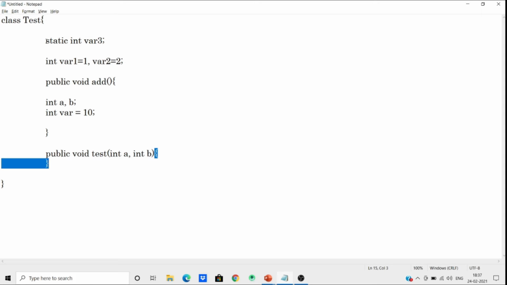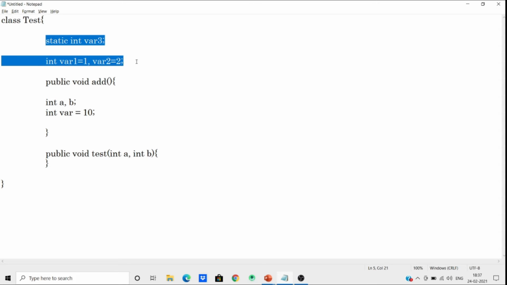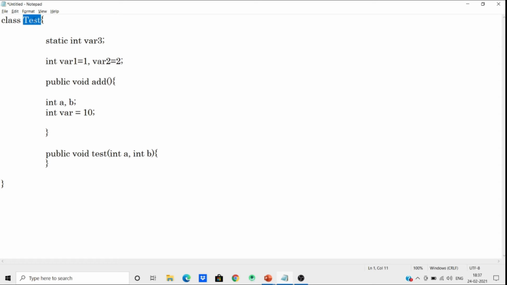So what is the difference between static and non-static variables? A static variable can be accessed by a normal method or a static method in the class, but a non-static variable cannot be accessed by a static method. Non-static variables are assigned to each object of the class, but one copy of a static variable is shared among all the objects of the class.